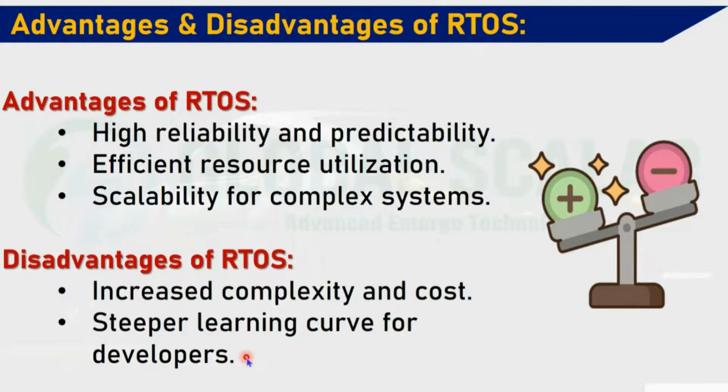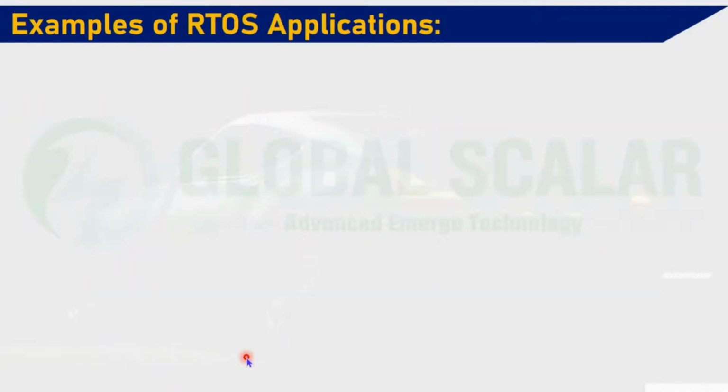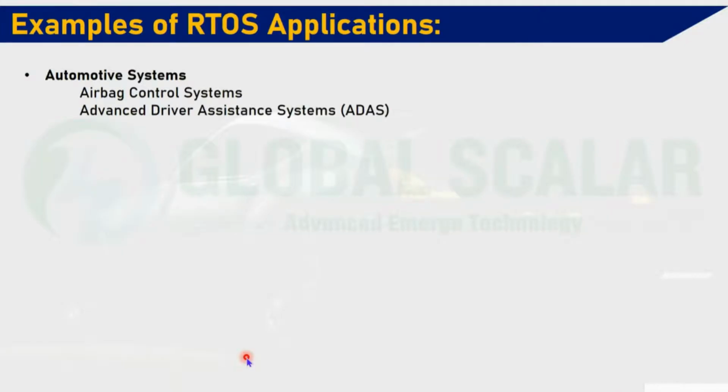Moreover, it is a continuous process to add more functions and more variables to enable the scheduling, and to some extent security is the other concern which should be taken care of. And examples of RTOS applications: automotive systems, airbag control system, advanced driver assistance system, ADAS, and electric power